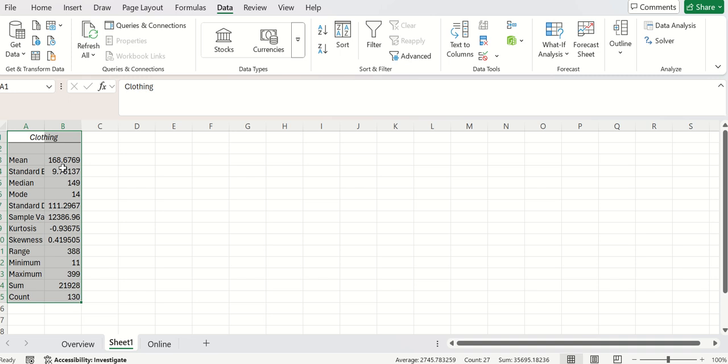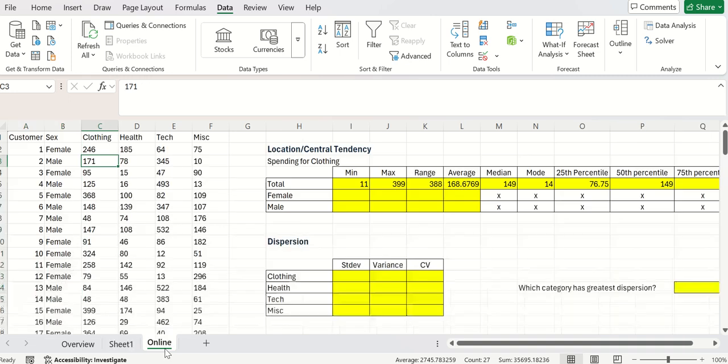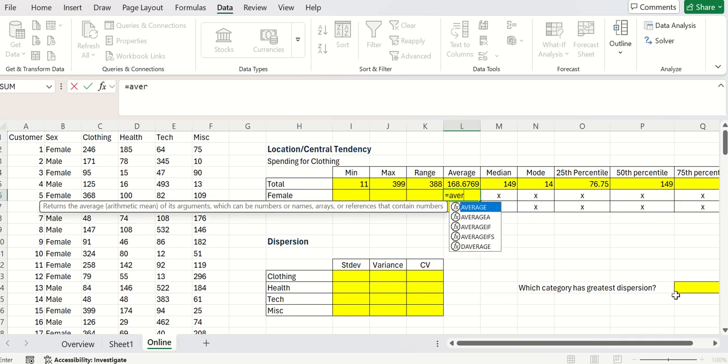Again, 168.68 is what the mean is, which is exactly what we calculated with our average. That completes the first two steps of this exercise. Now I want to use the average if, because there are times when I want to start segmenting my data and pulling it apart and saying, is there any truth based on this data set that perhaps women buy more clothing than men do? So I can use an equals average if,